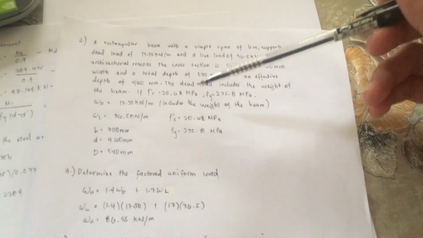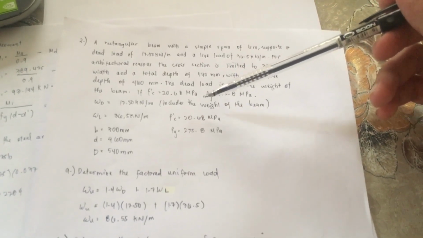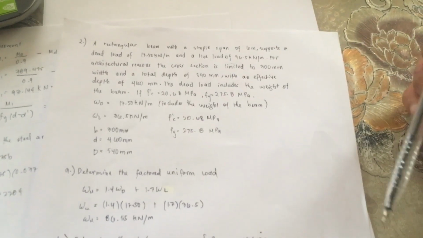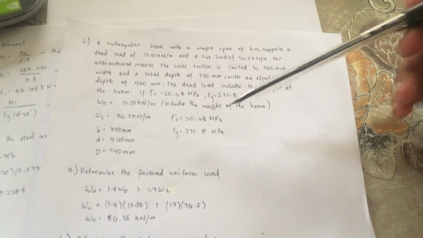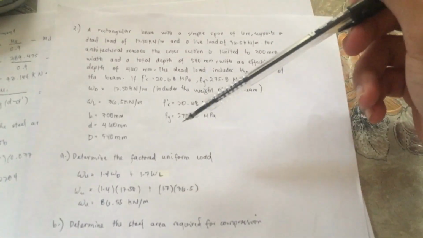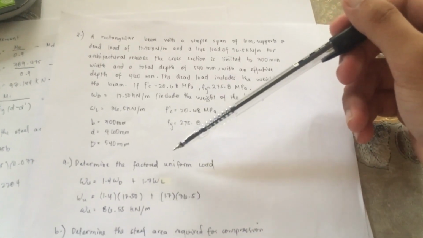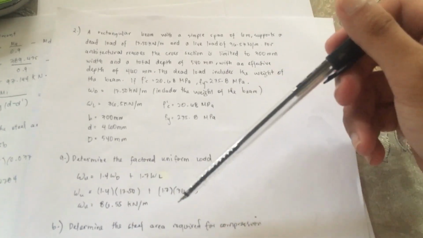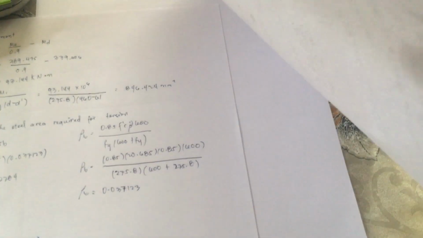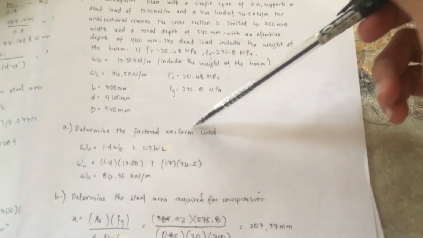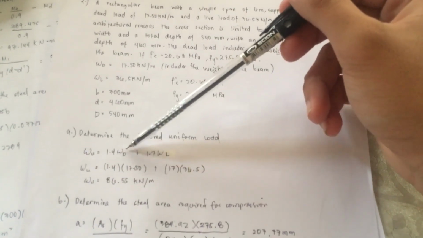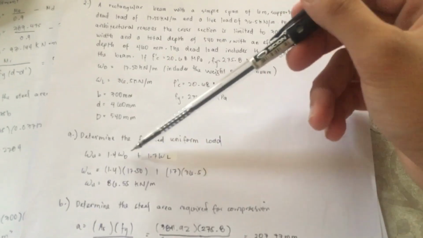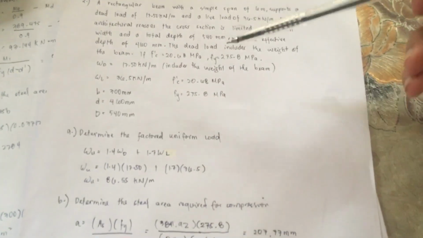If f'c is equal to 20.68 megapascals and fy is equal to 275.8 megapascals, we are asked to determine the factored uniform load, the steel area required for compression, and the steel area required for tension. To determine the factored uniform load, we have this formula. Since the dead load includes the weight of the beam, we don't have to